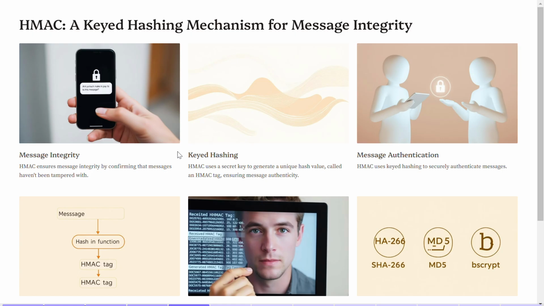It will generate a unique value, and that unique hash value is called the HMAC tag. This ensures authenticity. Means it will generate a unique value that a hacker cannot generate. And message authentication,